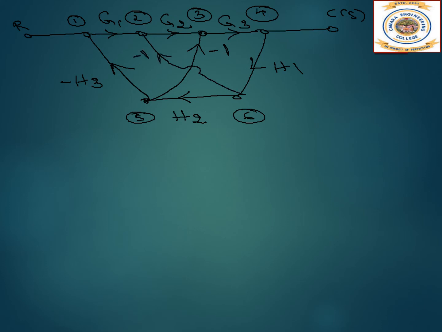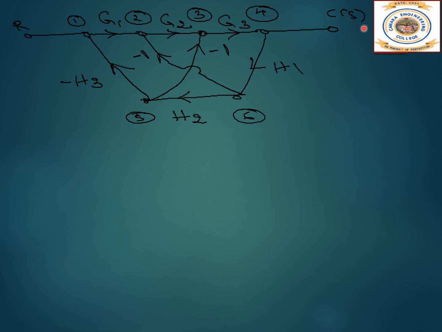So as it is the same as a block diagram, we have just removed all those blocks and summation points and replaced them with the nodes and drawn it. So now let us identify the forward paths and the loops. So one forward path, see, straight forward path from R to C, G1, G2, G3. This is one forward path. Then we don't have any other forward paths. Now let us see if we have any loops now.